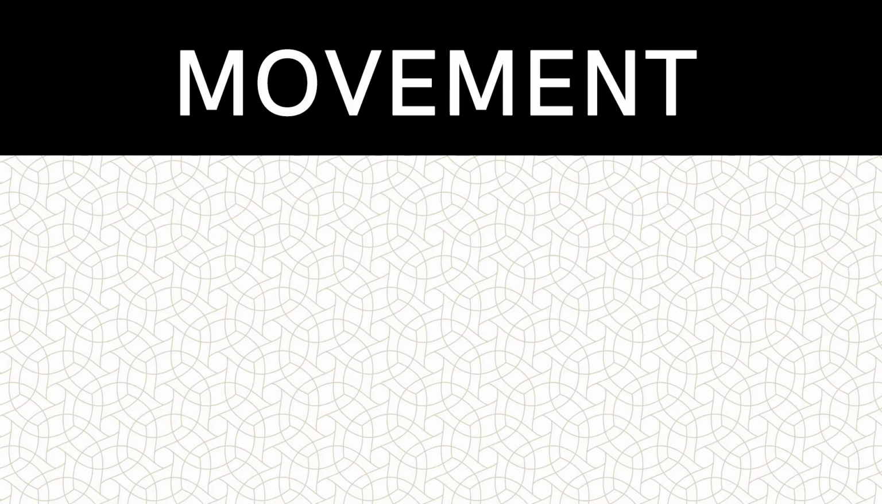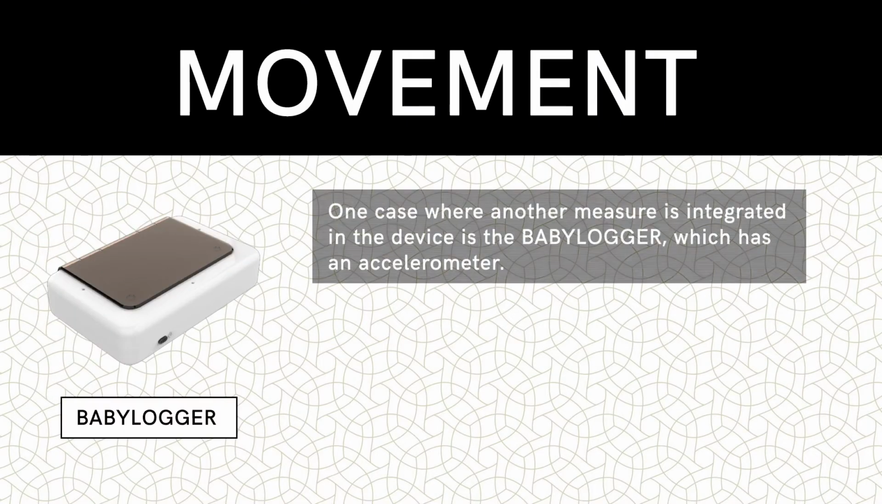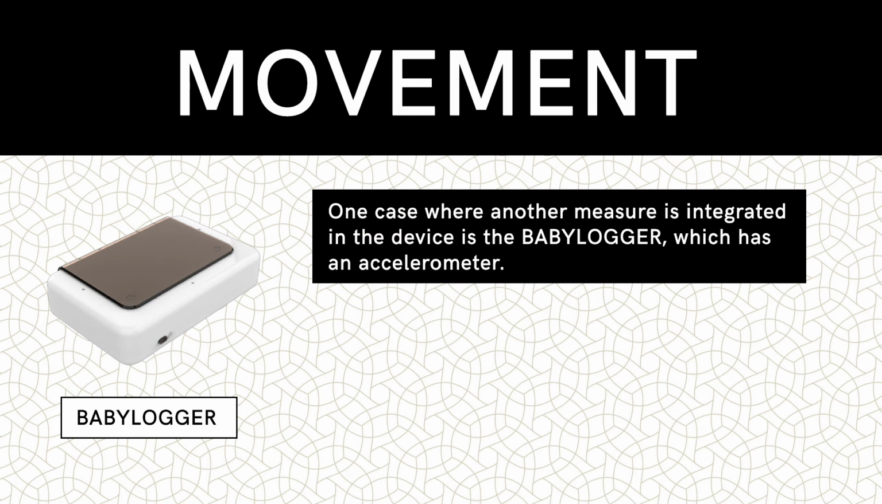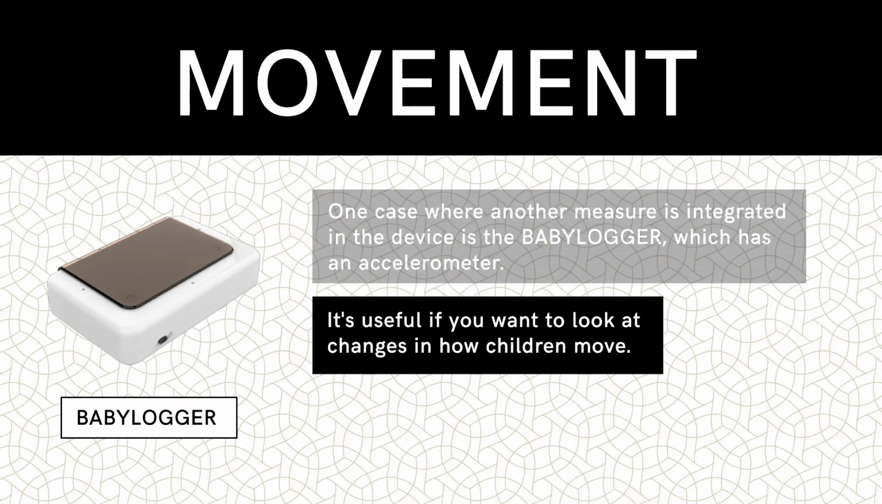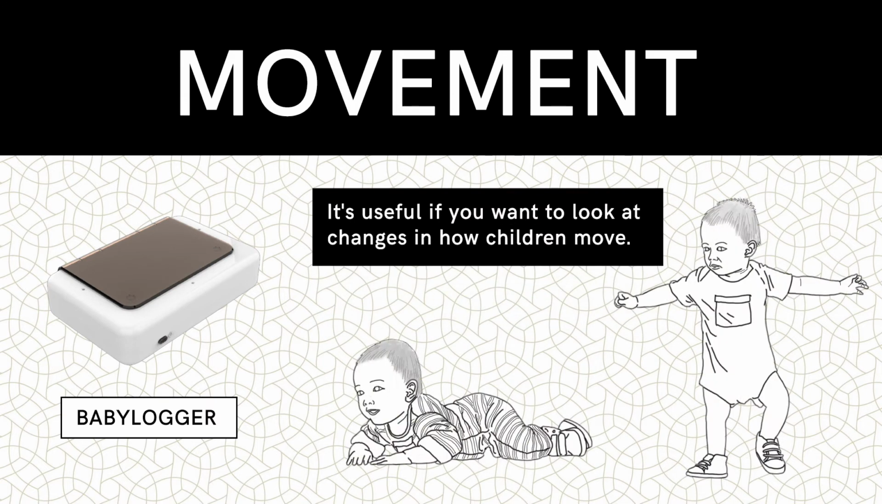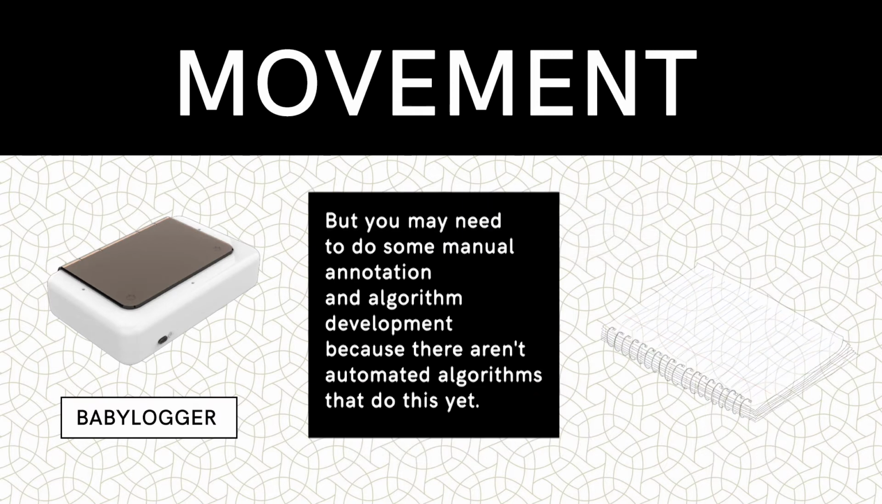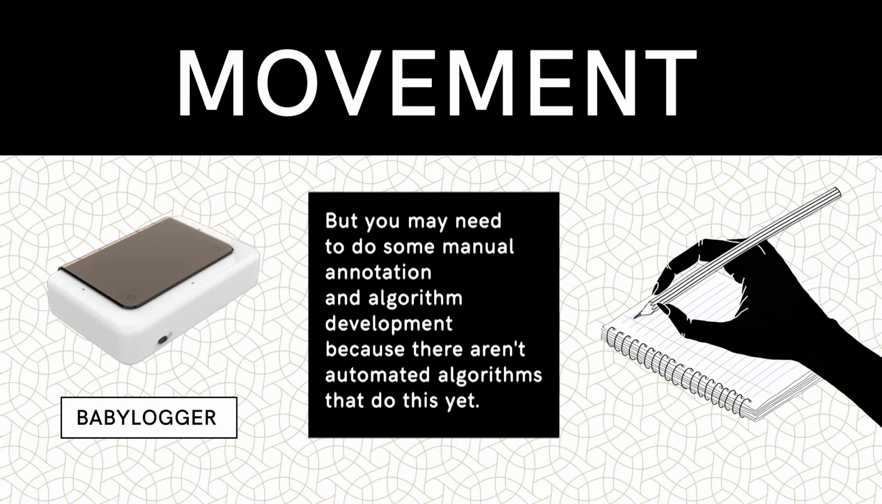Let's start with movement. The Babylogger has an accelerometer. I personally haven't analyzed that kind of data, but in theory, this could be useful if you want to look at changes in how children move, for instance, if you want to identify walking or crawling. To my knowledge, there aren't yet automated algorithms to do this, so you may need to do some manual annotation